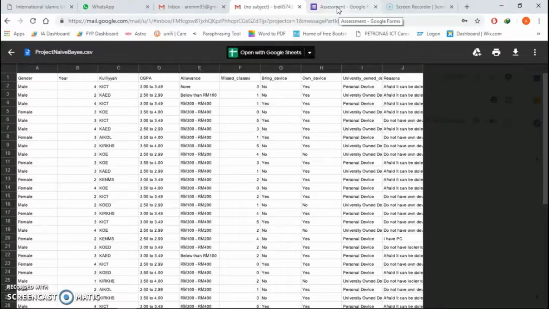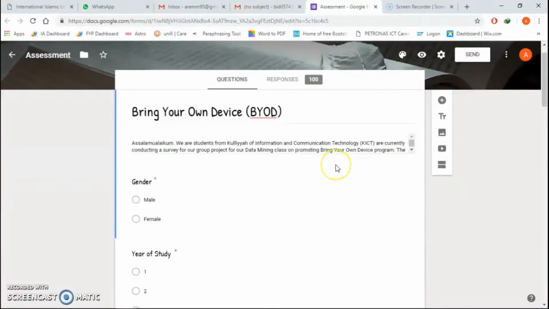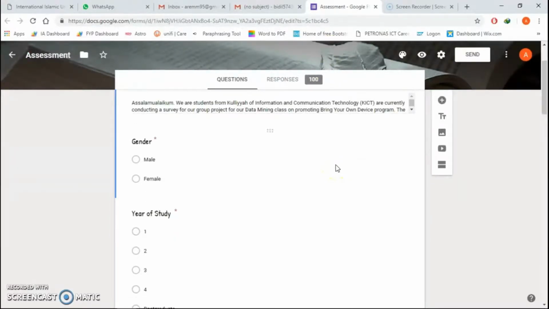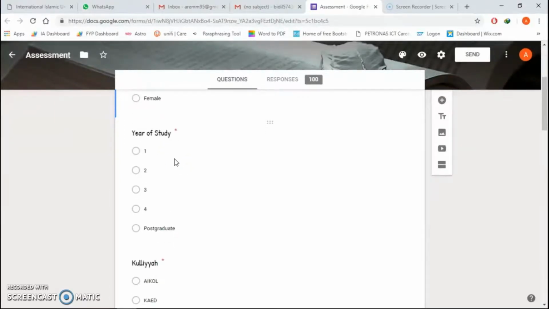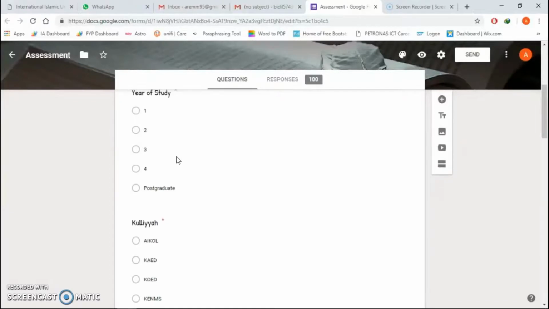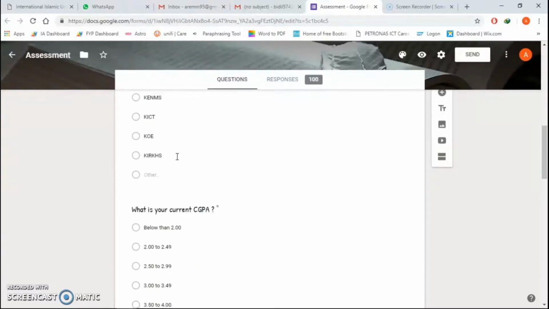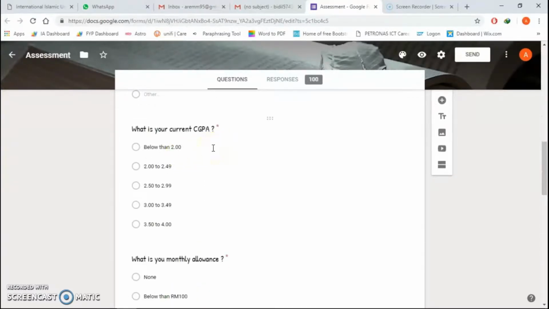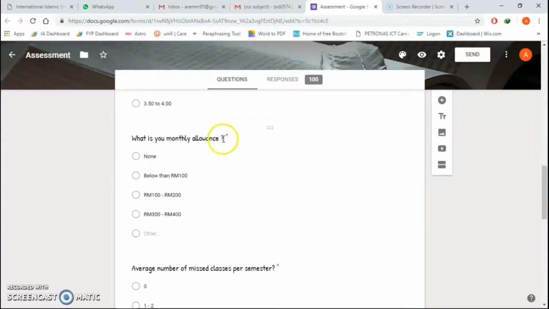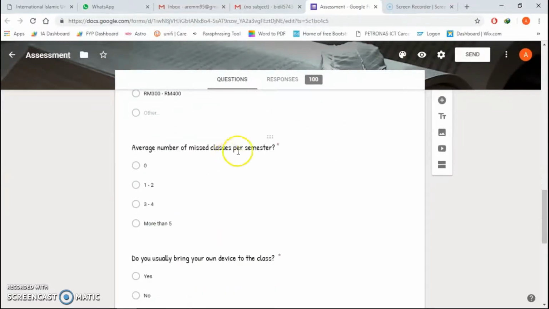So I would like to present the data collection that we used to collect from the students within the survey. So basically this is our questionnaire about the survey. First of all, we ask them the gender, and then we ask them the year of study, and then which kuliah they are from, and then we ask about their CGPA. The next question is their monthly allowance, then the average number of missed classes per semester,